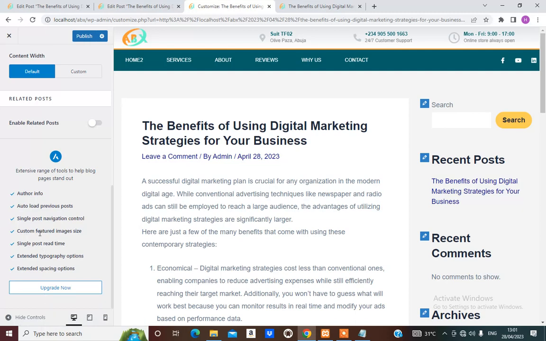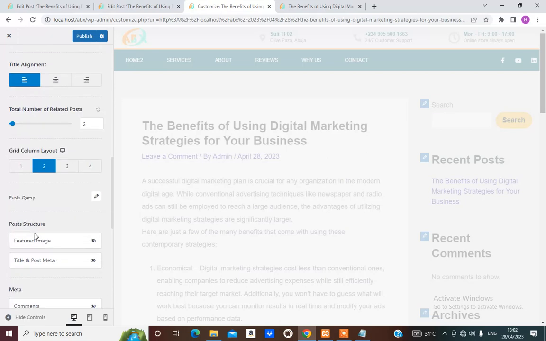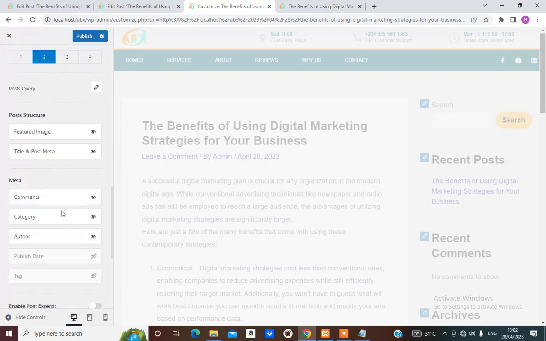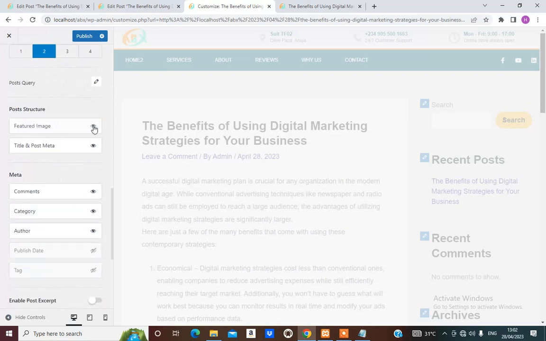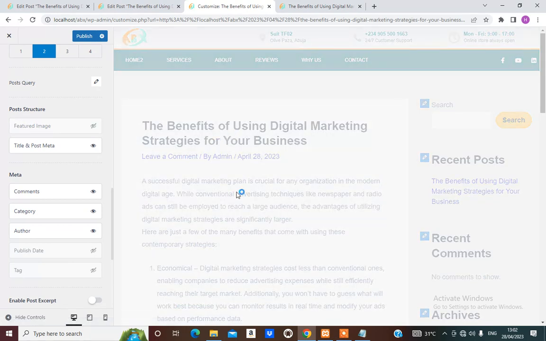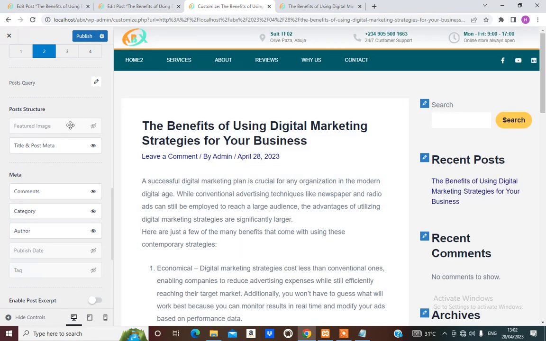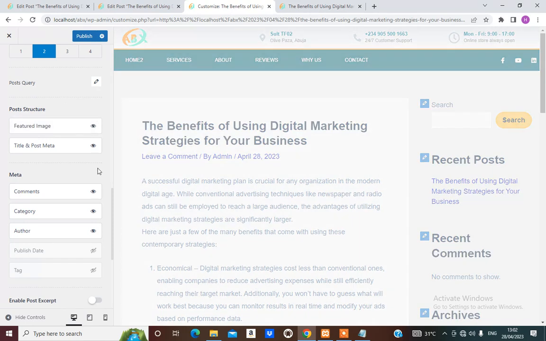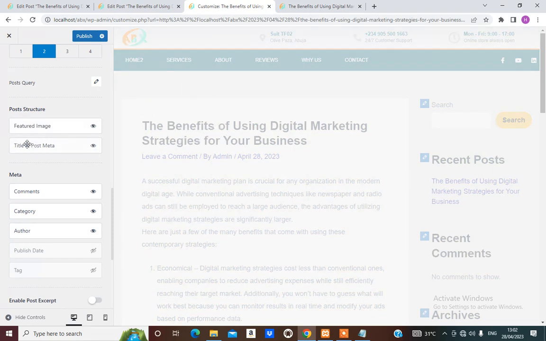See, custom feature image size. Because it says to show here, once you see this eye icon, it shows that the picture will show. If you don't want it to show, you just click here. It will hide it. But already our feature image is hidden, so we can't actually see that. So we just turn it back on, for us to see the effect of this, if we click this,